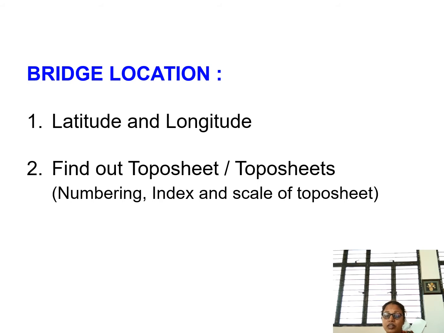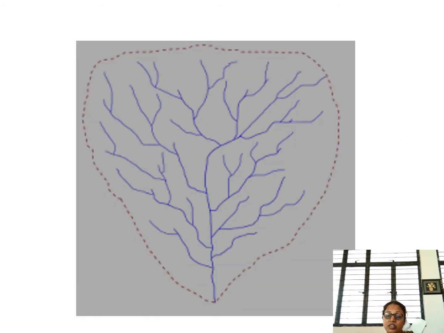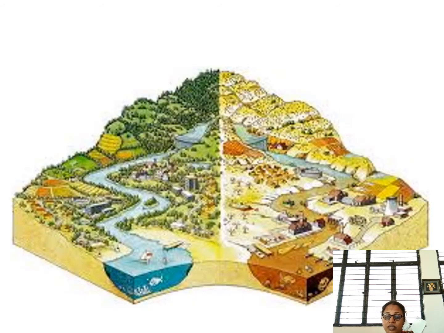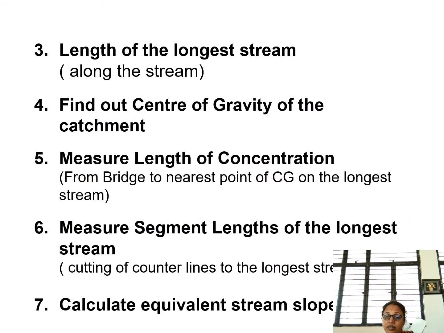So the latitude, the longitude, the topo sheets, everything is required for the calculation of this design discharge. What is the type of the catchment, where the catchment is present, whether it is on the upstream side or the downstream side, all those things have to be studied. How the river flows, in which pattern the river flows. We need to find out the length of the longest stream in the proposed catchment area where the river flows. The river will have tributaries and all, so for the main long stream we have to find out the length.